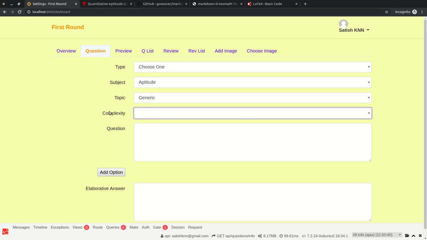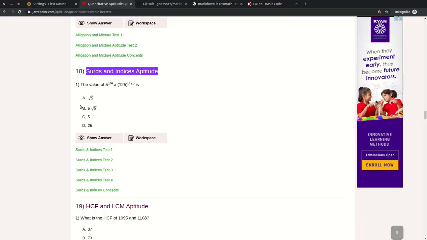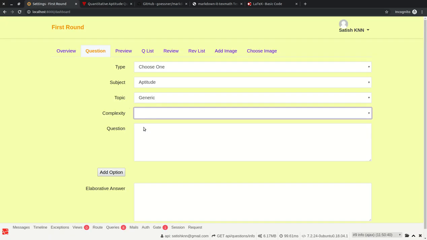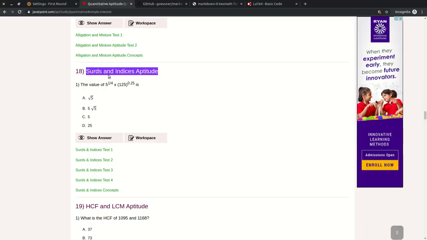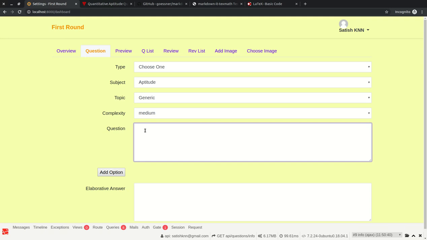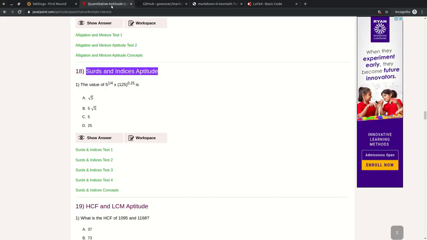And the complexity, you need to have a judgment of the complexity. So this would be a moderate complexity, right? And then this is probably a topic. If there's no topic also, it's fine, right? Or no title to the question also, it's fine. And then all these things you have to type out, right? So the value of,